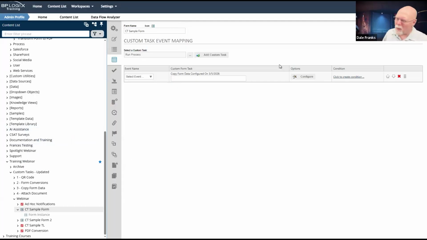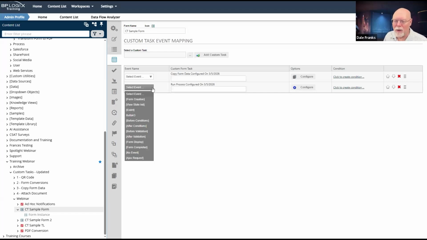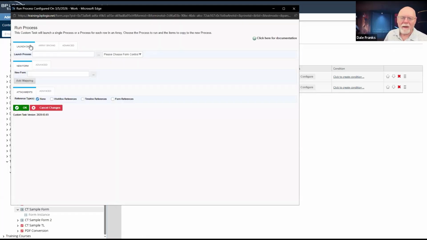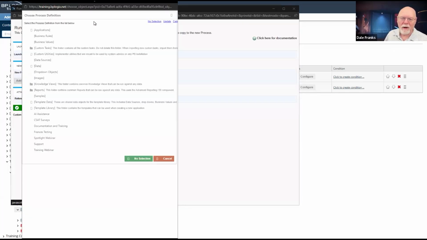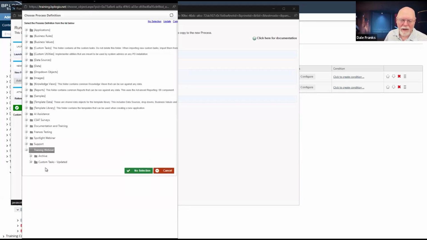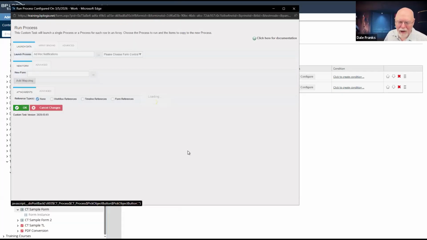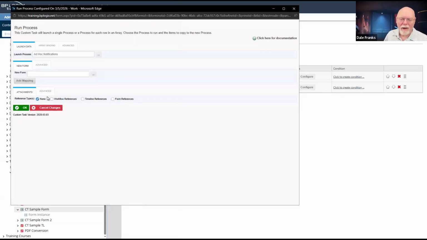Run process is way more useful than you think it is. We'll add that as a custom task. We will map that to button 3, and we will just launch our notification process. Ad hoc notifications is what it is called.